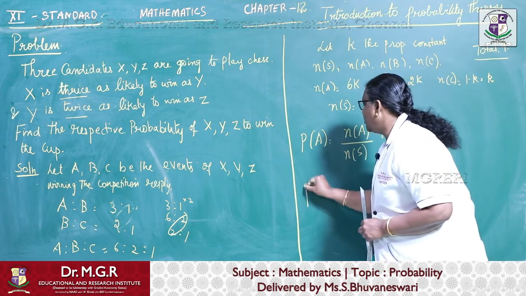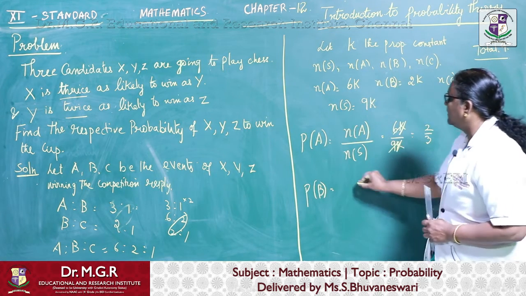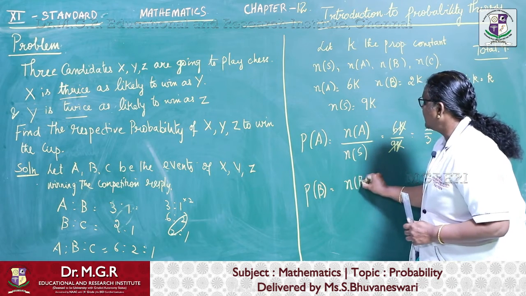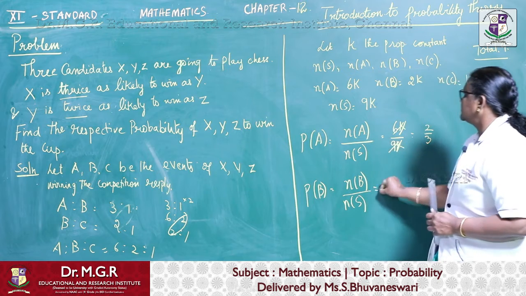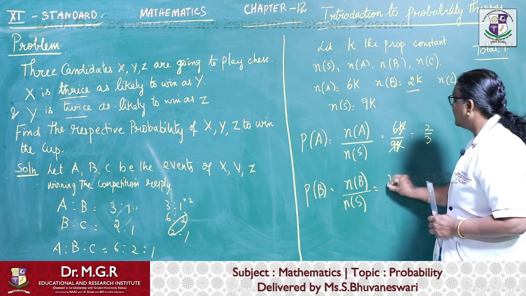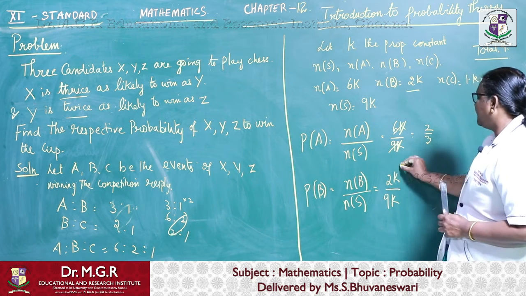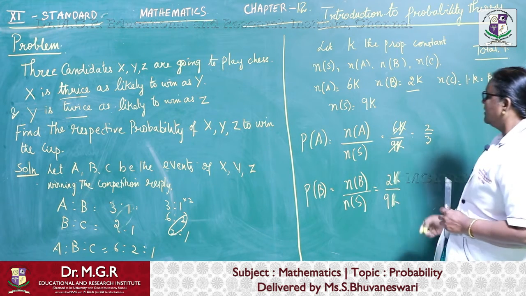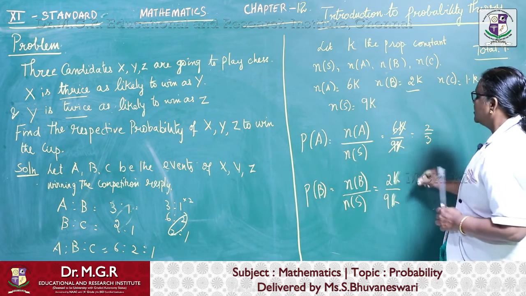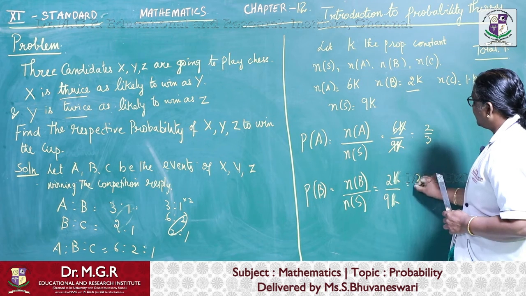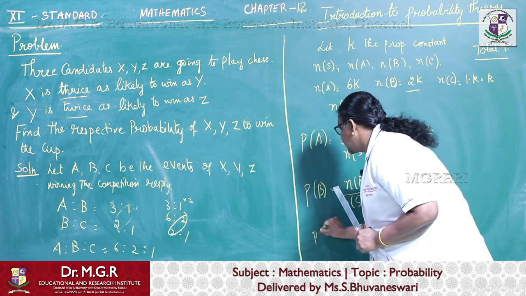Then the probability of B winning the cup is nothing but N of B divided by N of S. What is N of B over here? 2K divided by 9K, K being a proportionality constant. Why are we introducing the proportionality constant? Because it's a ratio and proportion. We cannot reduce it to a simple fraction, so let it be as it is. Then the next one is